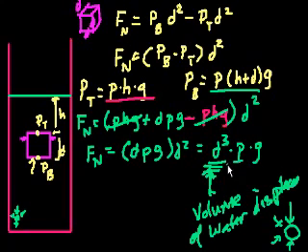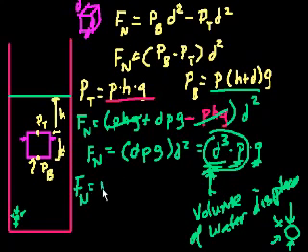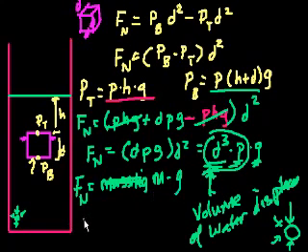This is what? This is the density. I keep saying water, but let's just say it's water, but it could be any liquid. This is the density of the liquid. This is the gravity. So what is this? Volume times density is the mass of the liquid displaced, right? So the net force is also equal to the mass of liquid displaced times gravity. Or we could say that the net force acting on this object is the mass of the liquid displaced times gravity? Well, that's just the weight of